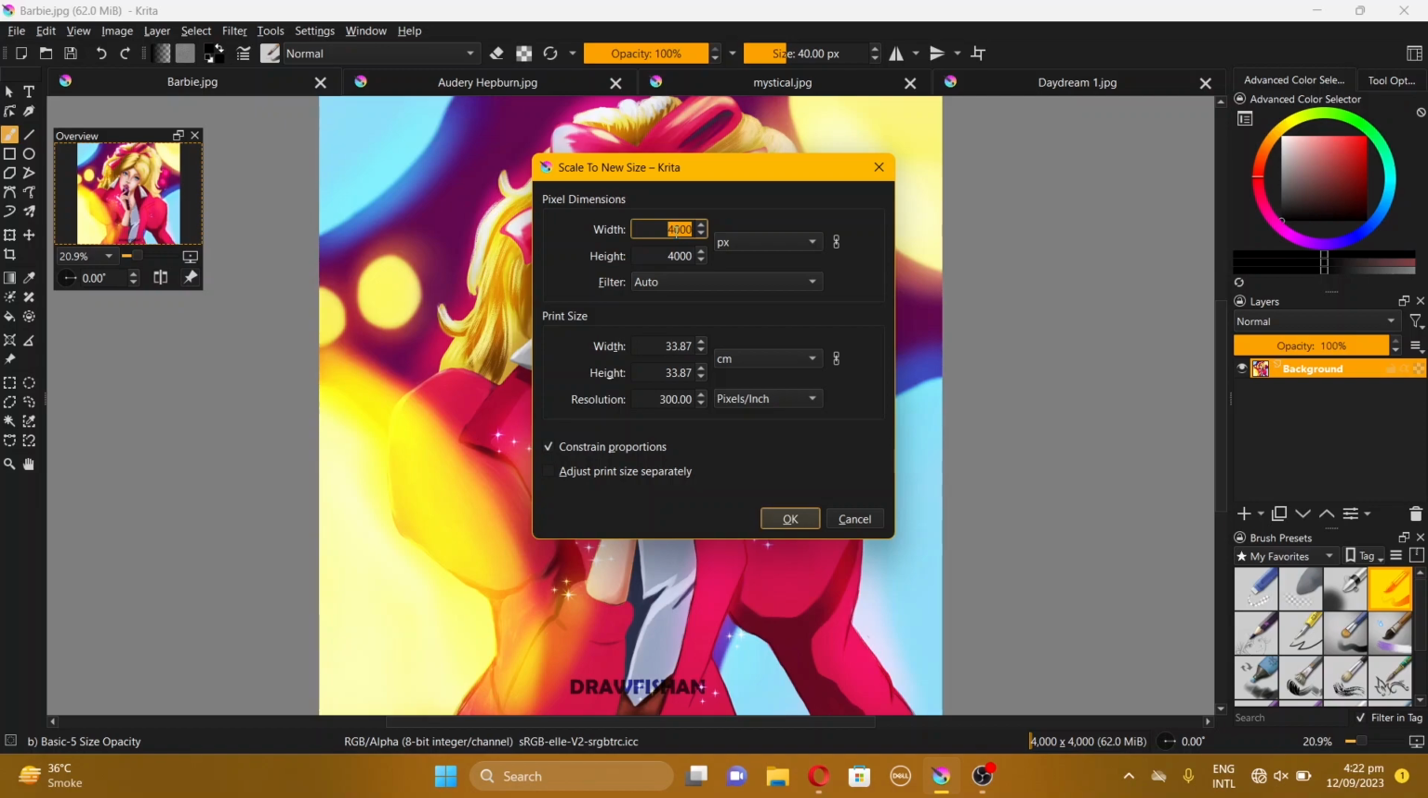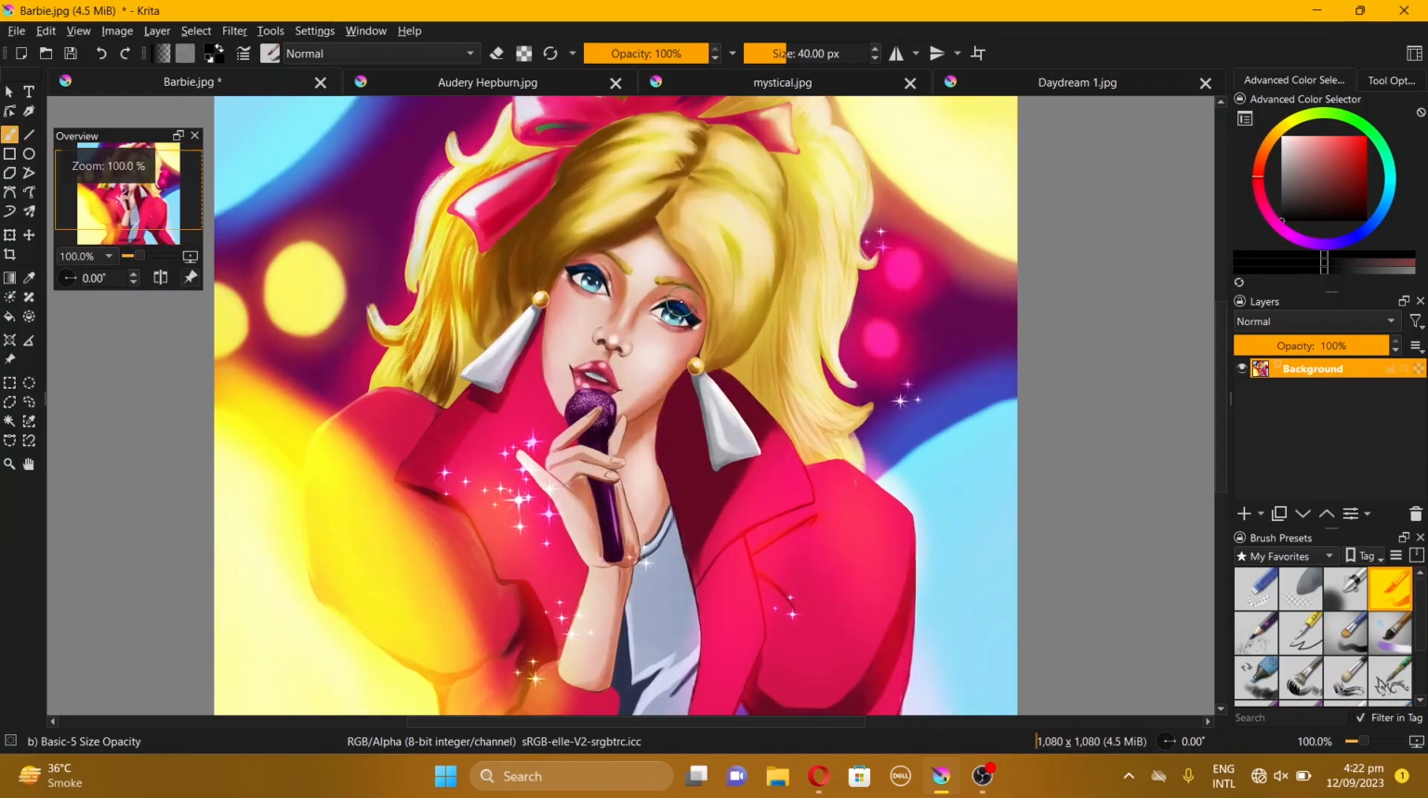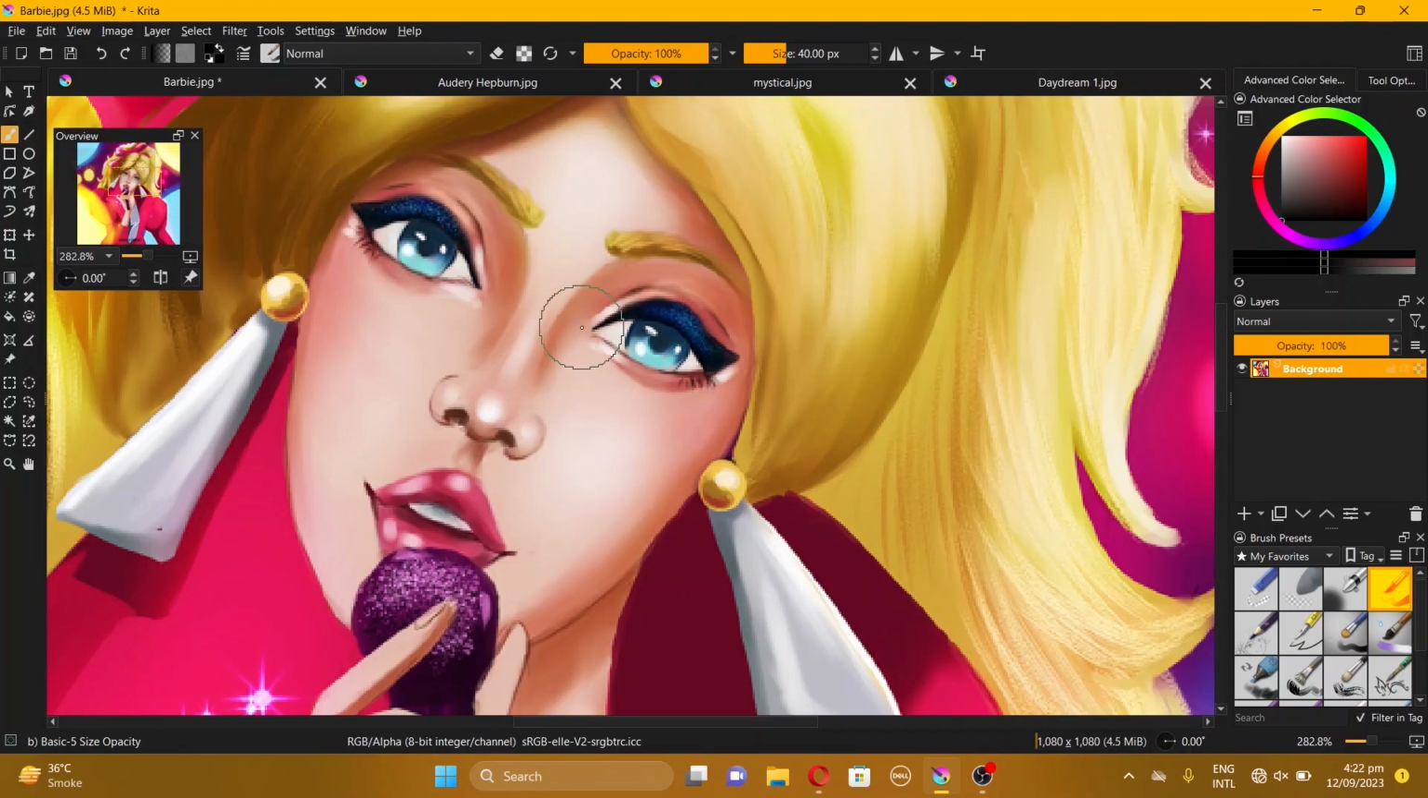In pixel dimensions, change the width and height to 1080 and in print size, change resolution to 72 pixels. Click OK when done. If you look closely at the image now, then you will notice that the details have